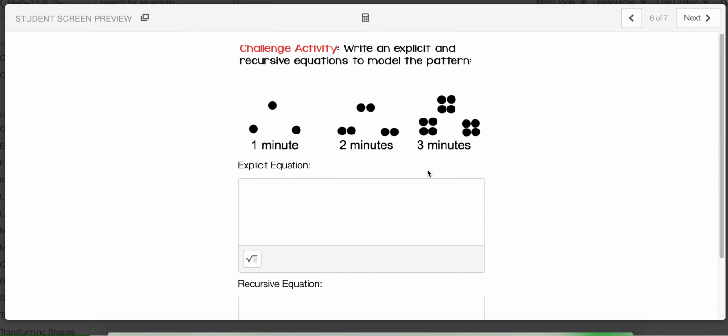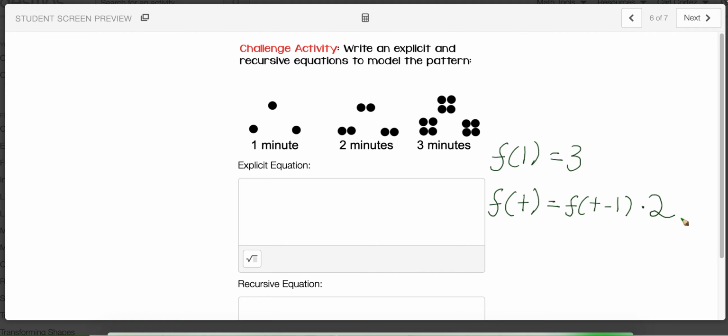There was this challenge activity, which I'll actually give a shot. So at the very beginning in this situation, we would say that f of 1 has 3 dots, and that as this continues, this is still doubling. So you would say f of t is equal to f of t minus 1 times 2. So that would be your recursive, because we're recalling our beginning, our starting term was f of 1. And for the explicit,